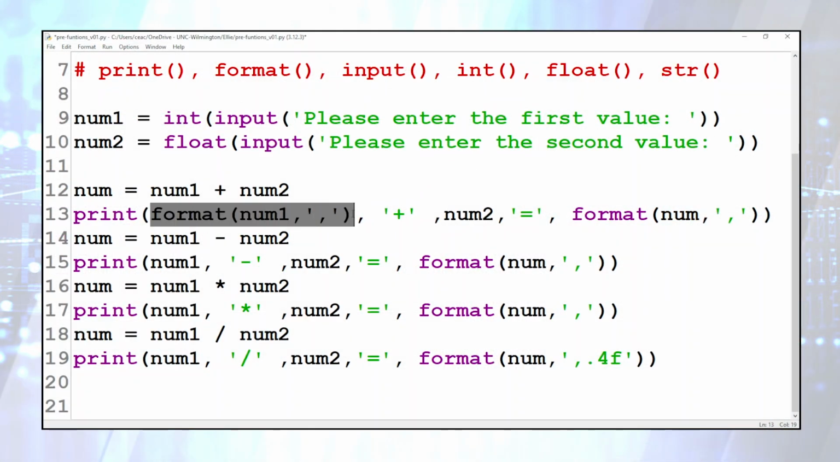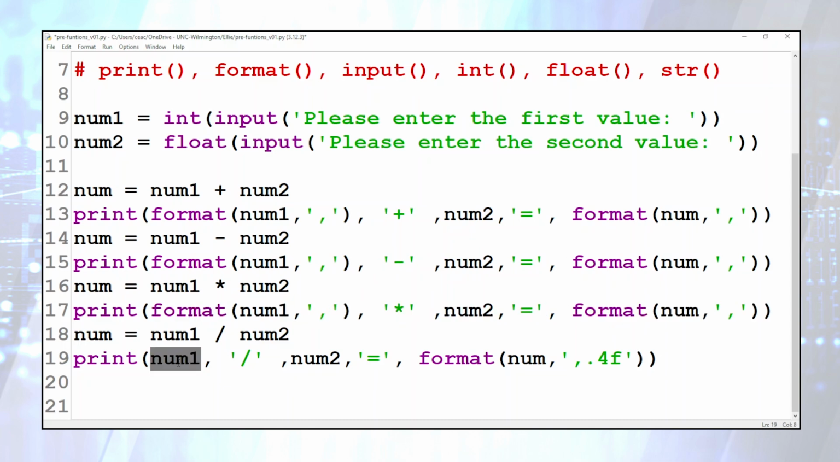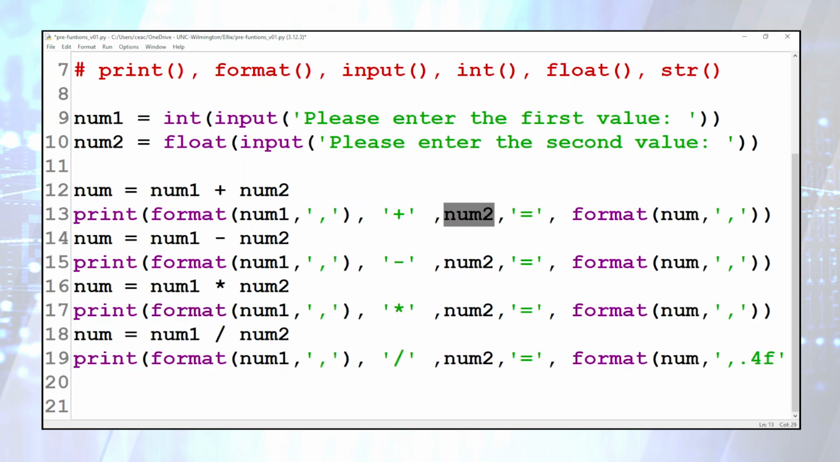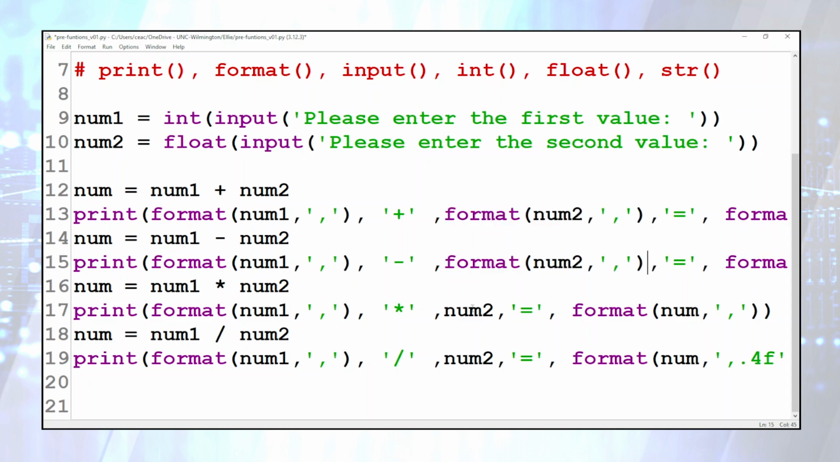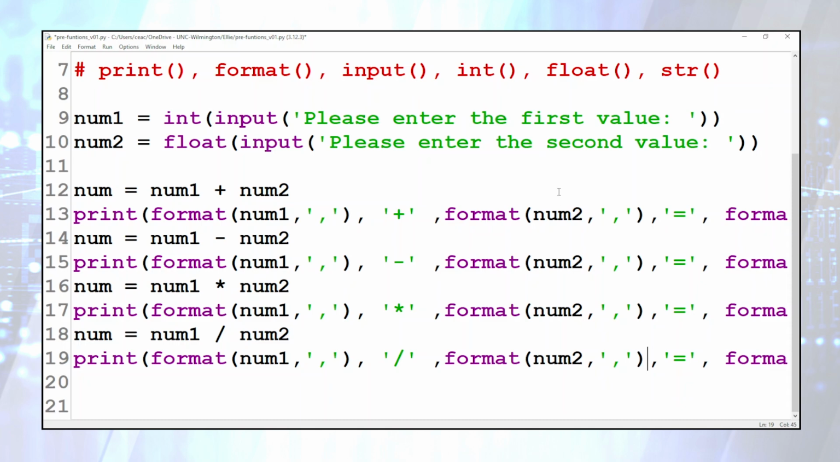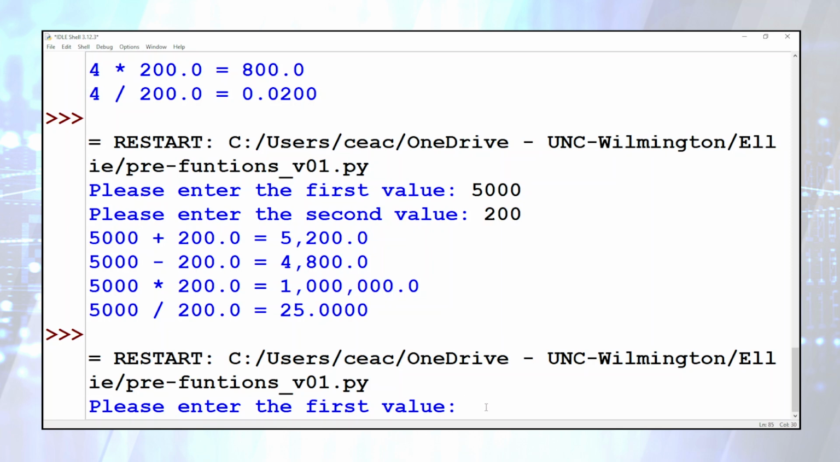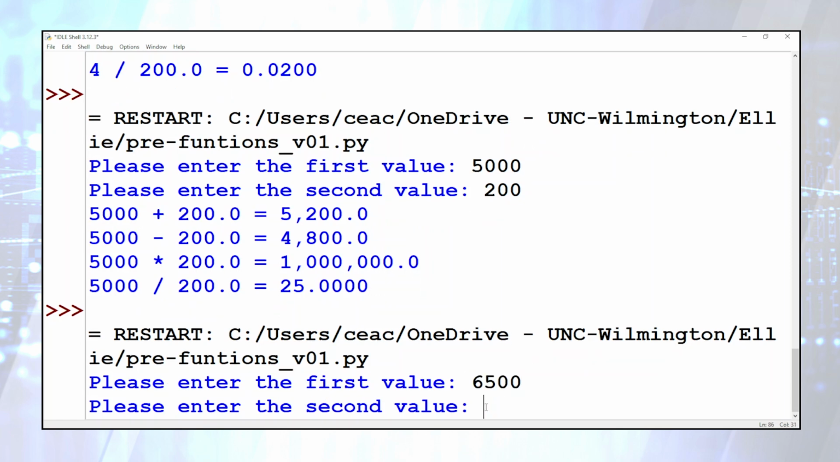So I'm going to copy this one and put it for the other lines that we have, and then same thing for num2. Make sure you have the correct variables. Sometimes when you do copy and pasting, you forget to change the values or the variables to the appropriate ones. Okay, now if you run it again and put some big numbers here,